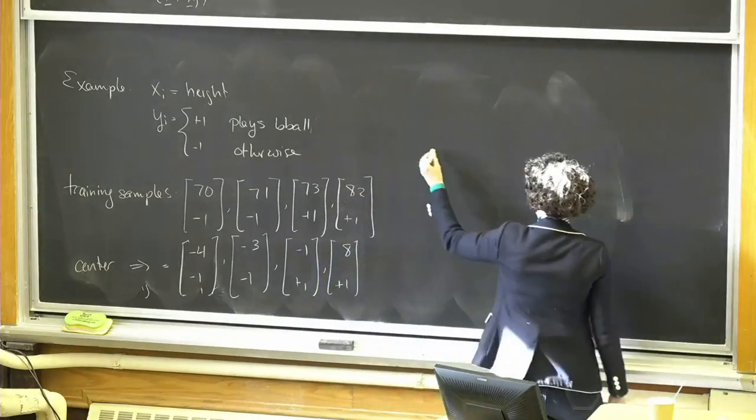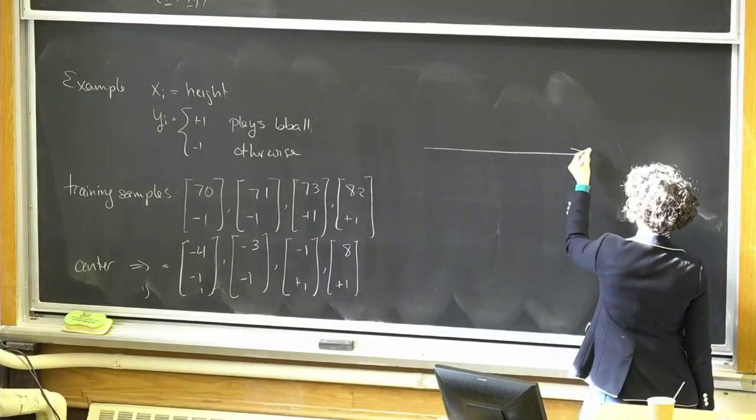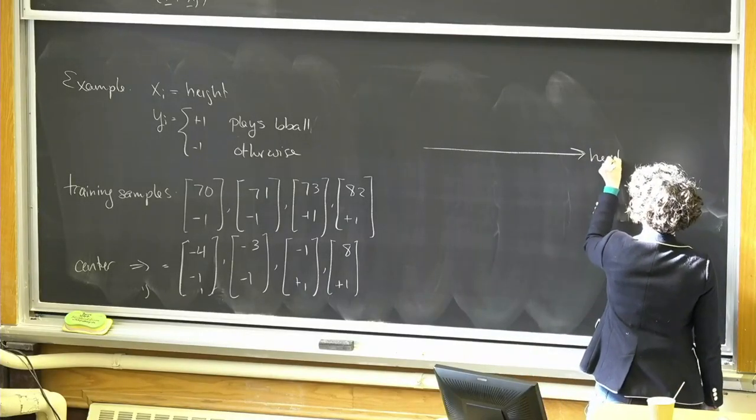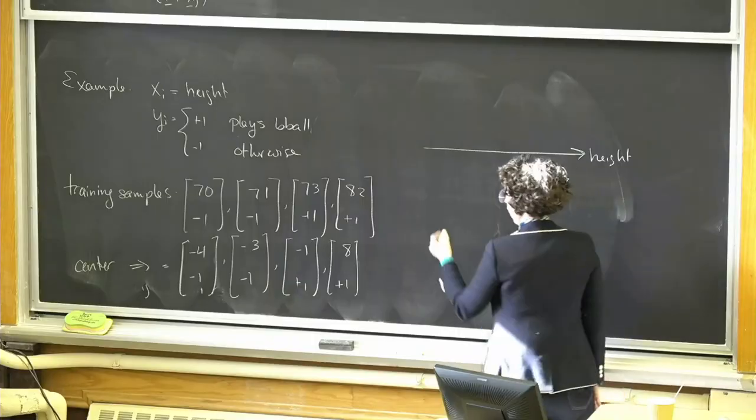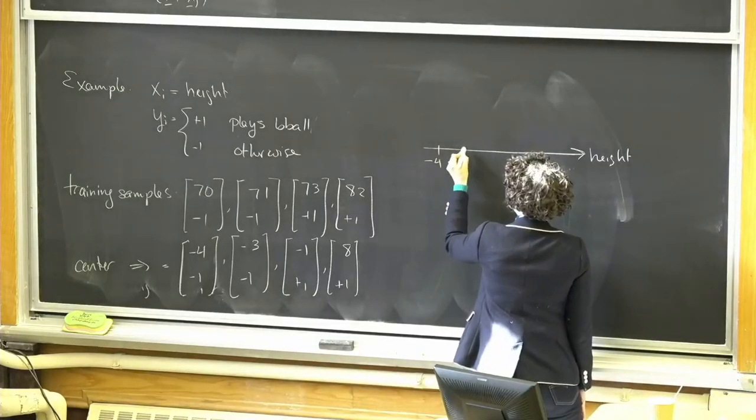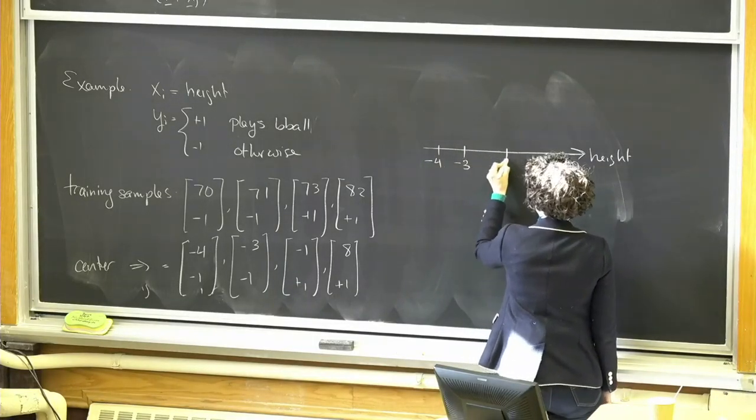So let's just plot this now. Here on my x-axis, I've got height, and I've got samples at -4, -3, -1,